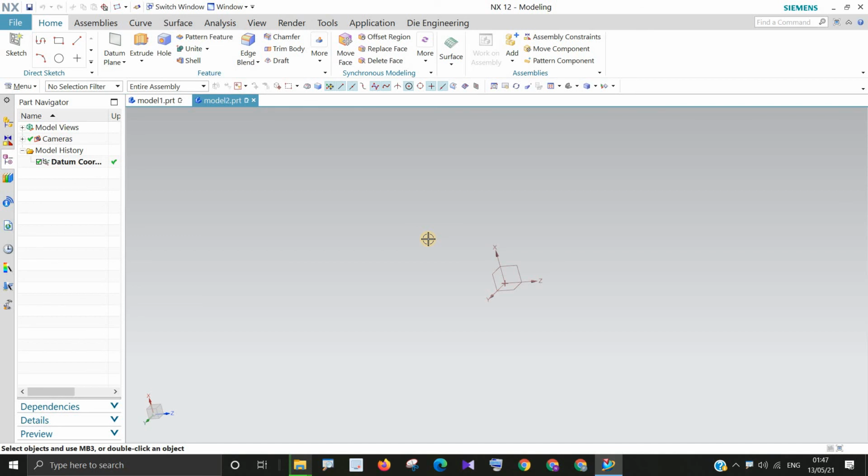Otherwise, you will not know from where I am getting a command. If I talk about the tab, the ribbon, the resources bar, and you don't know where I'm getting these things from, then you will not be able to understand. So for that purpose, you must know about this part 1 and part 2 that I have introduced.